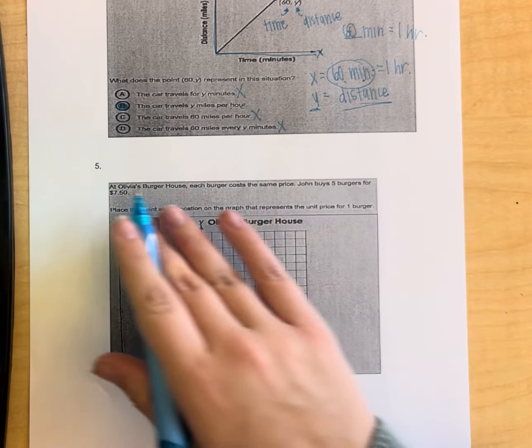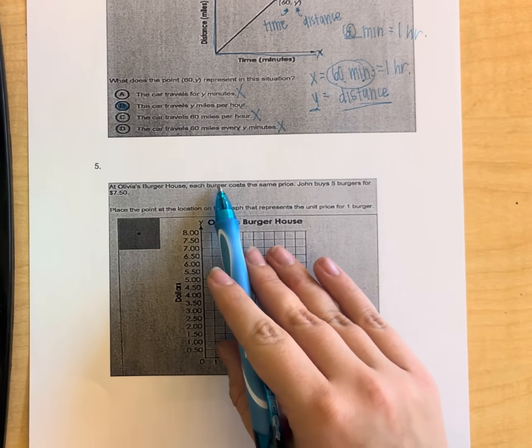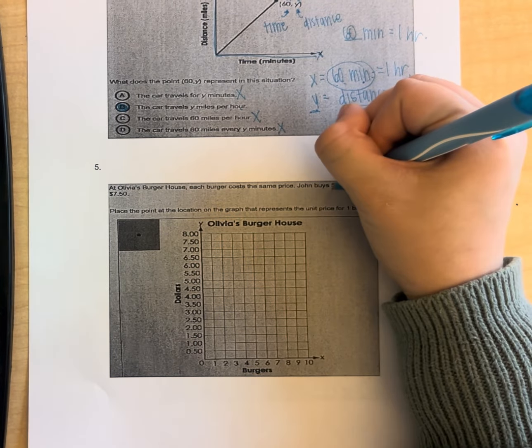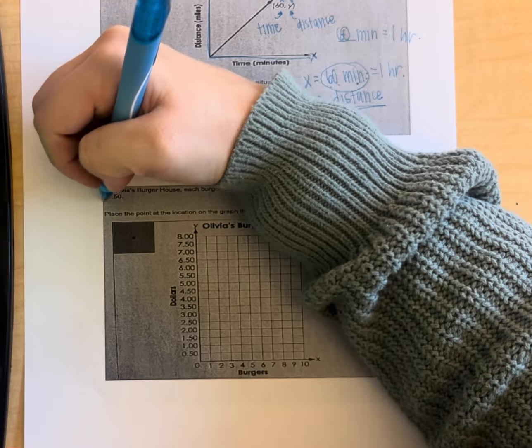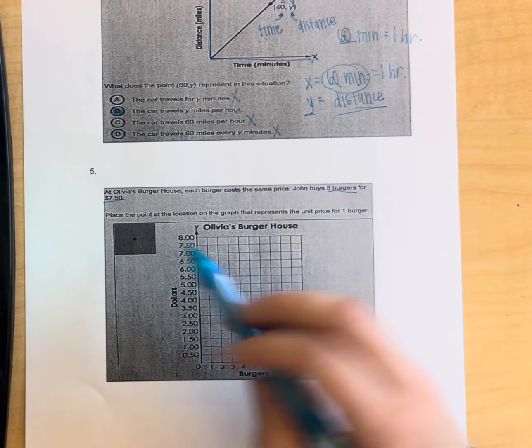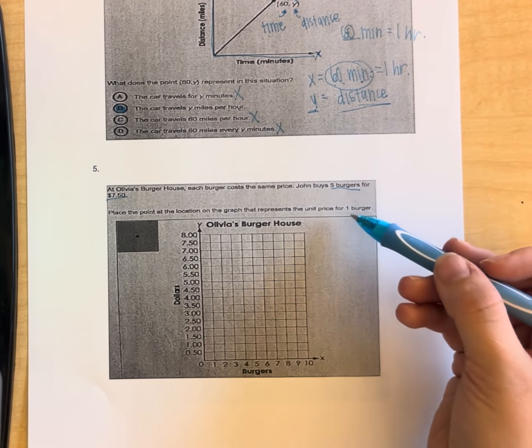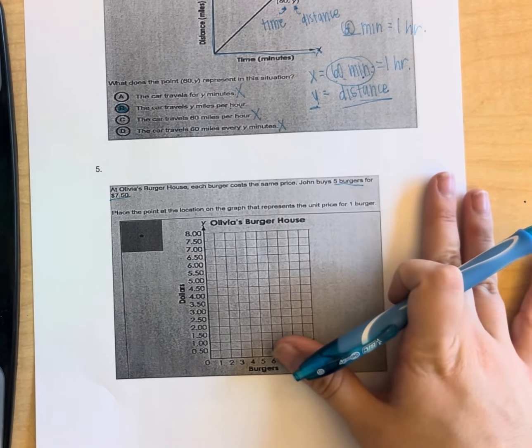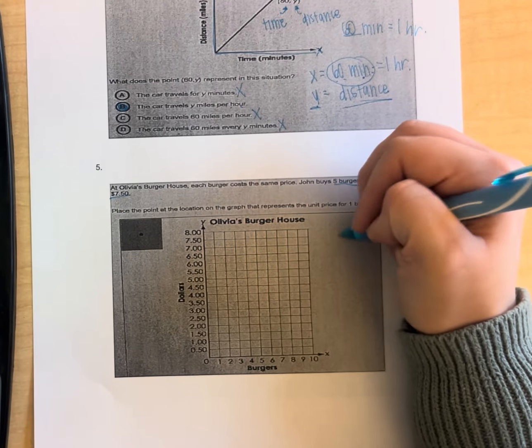And last but not least, number 5, it says at Olivia's Burger House, each burger costs the same price. John buys 5 burgers, probably important, for $7.50. Place the point at the location on the graph that represents the unit price for one burger. Okay, I don't know the unit price right now, so I'm going to have to create my graph, and I'm going to put,